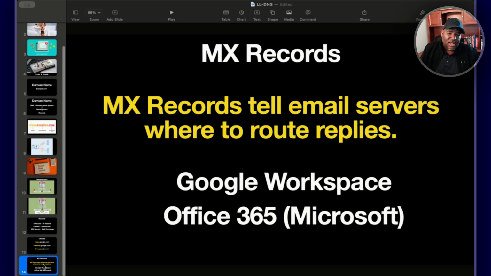You can get other email services. However, whichever email service you use, you'll use the MX records to point the email to that server for it to be handled there. So that is how name servers play into this, and how records point different aspects of your emails and links to different servers and places.